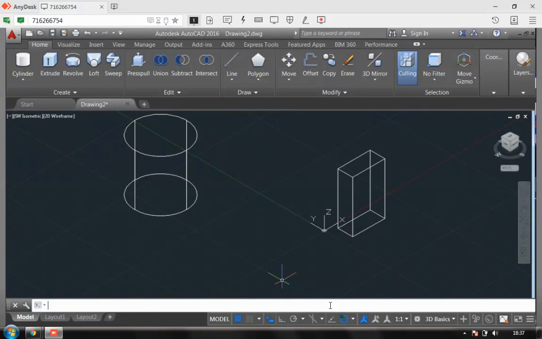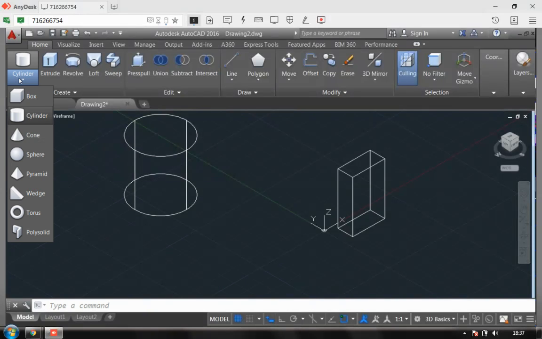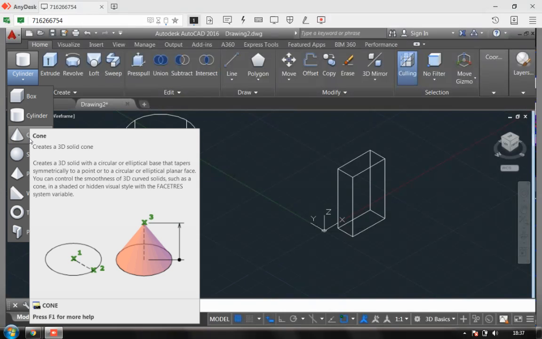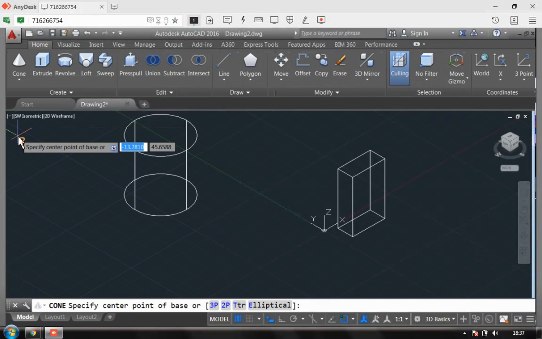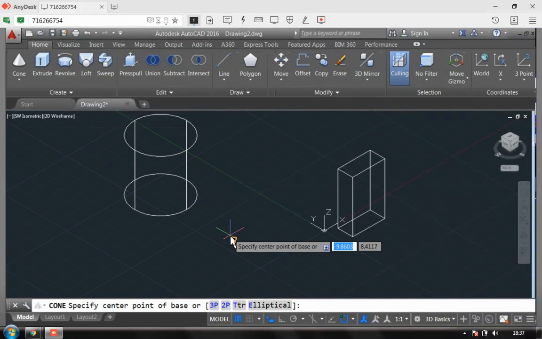Third important thing, I'm going for the cone. Now what is a cone? A cone is circular at the base, and as it goes to the top, it shrinks. It becomes smaller, right? So again we have three parameters: center, radius, and then height. I click on cone.